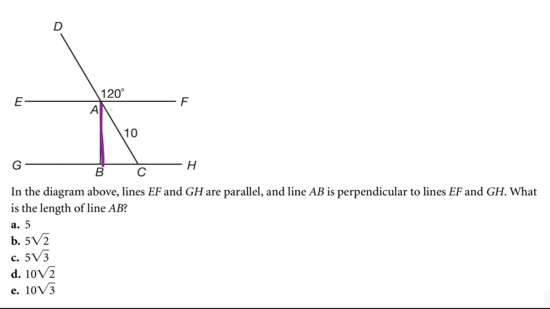Now line AB here is perpendicular to line BC, which makes triangle ABC a right triangle. And take note here that angle DAF, this one, and angle DCH